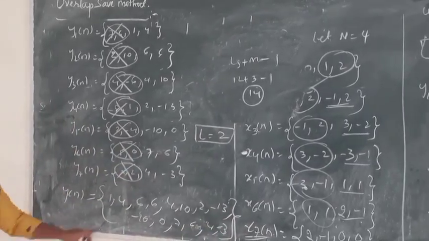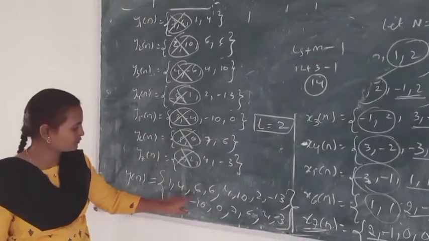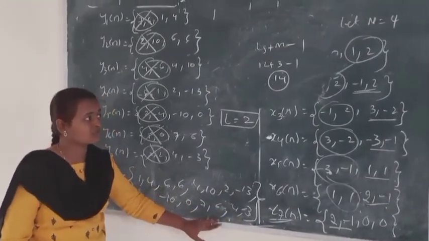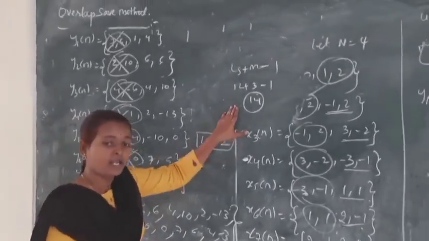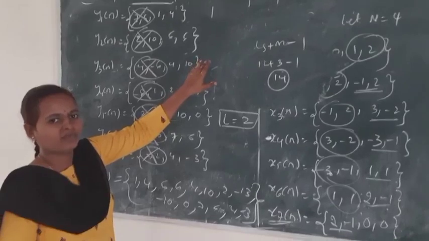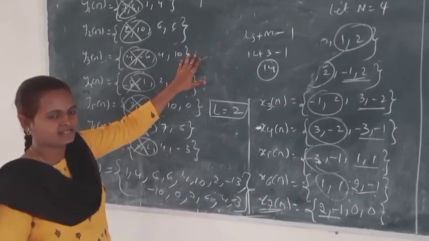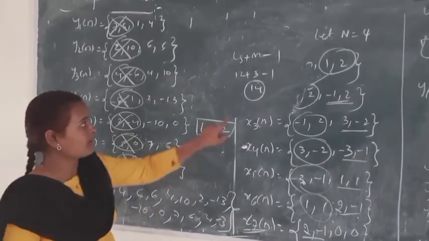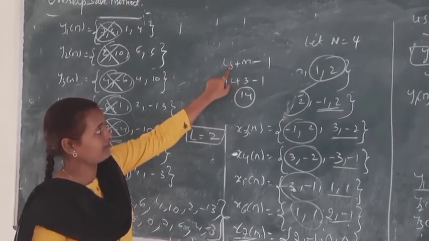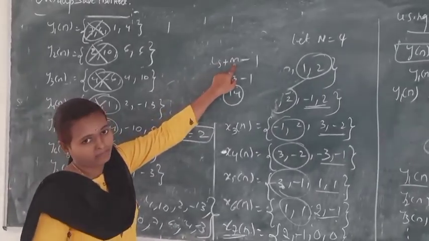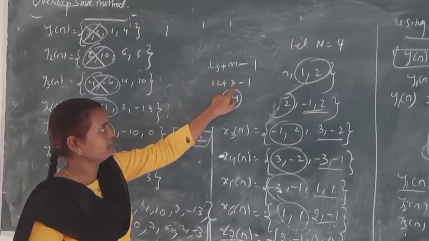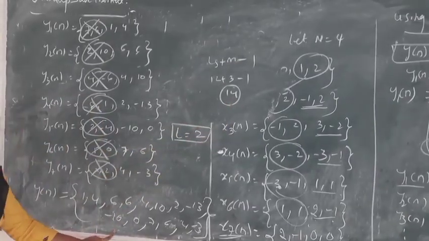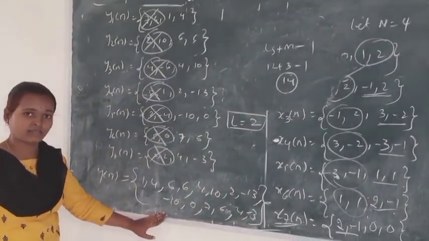Now we have to observe the sequence length. 1, 2, 3, 4, 5, 6, 7, 8, 9, 10, 11, 12, 13, 14. Is the sequence length 14 satisfied or not? As in the previous question, the length should be 14, and we just justify it through analysis. Clearly, we observe the sequence length should be 14. How do we achieve 14? Sequence length plus M, where M is the impulse sequence length, 3, minus 1. We have to get 14. Now we have to prove it here. So this is the sequence length representation.